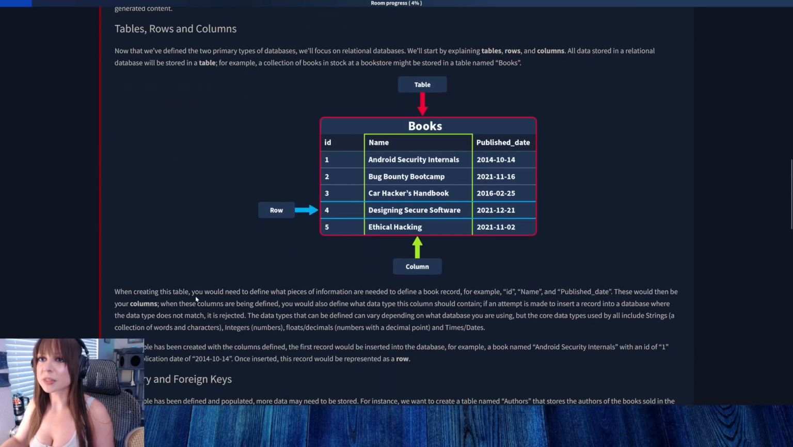Tables, rows, and columns. Now that we've defined the two primary types of databases, we'll focus on relational databases. We'll start by explaining tables, rows, and columns. All data stored in a relational database will be stored in a table. For example, a collection of books is stocked in